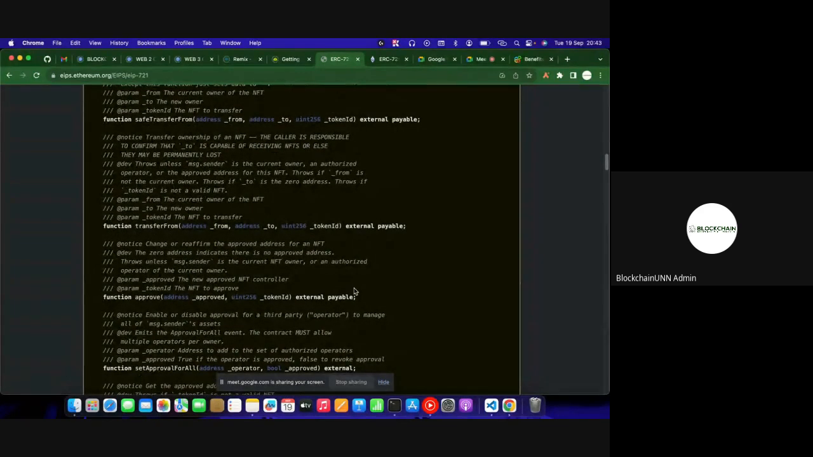Then we have the transferFrom function, which also does the same thing as the safeTransferFrom function, but